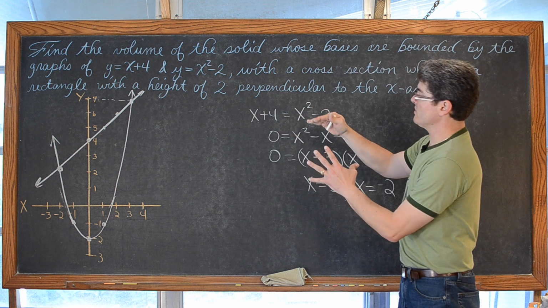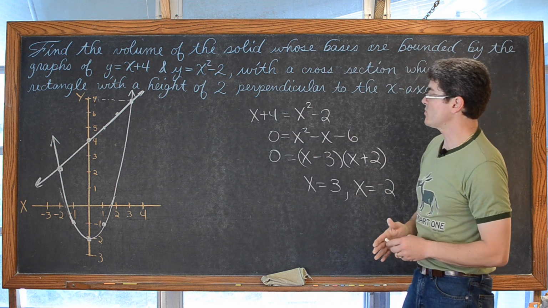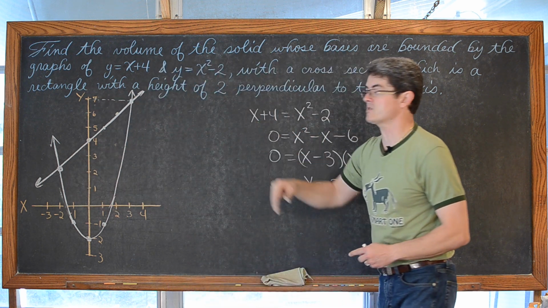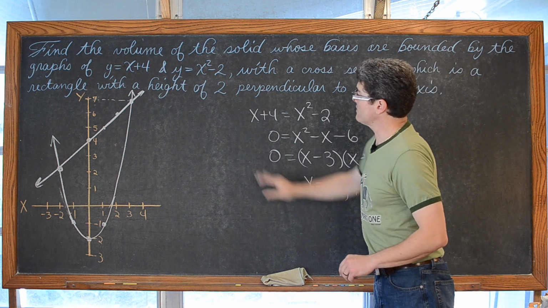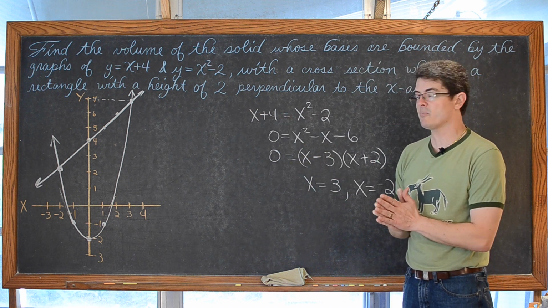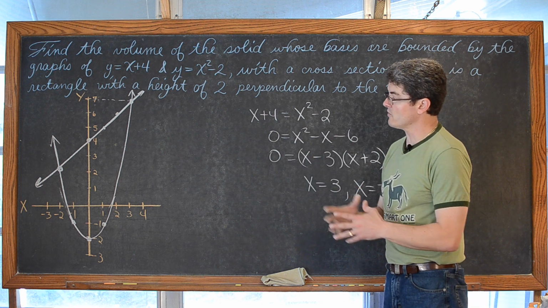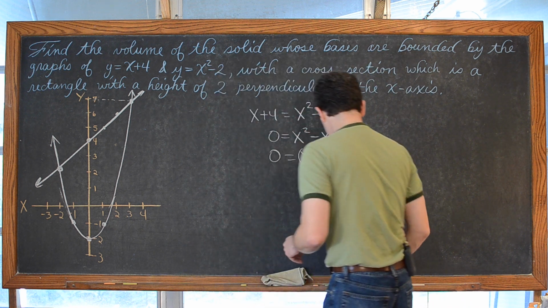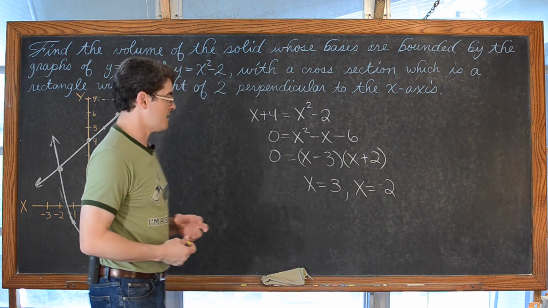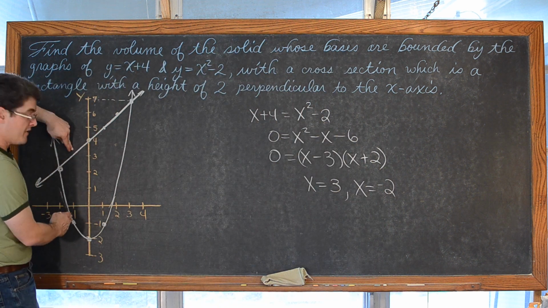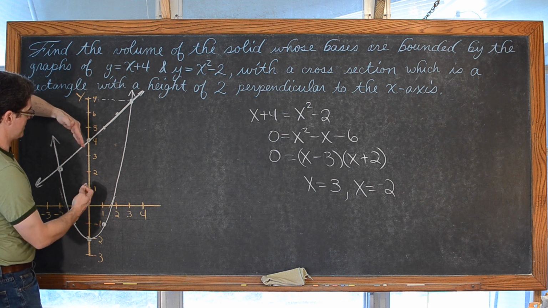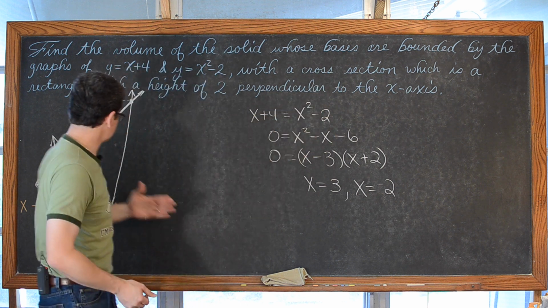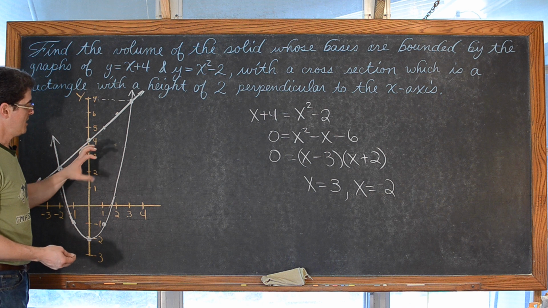Now, that is the boundary of one of the bases, but as we take cross-sections perpendicular to the x-axis, it says we have cross-sections which are rectangles, and the height of those rectangles is equal to 2. Here's where the drawing part gets a little bit tough. I'm going to need to create some kind of three-dimensional object off of my drawing so far, and it needs to look like it has a height of 2. These two functions are going to determine how long the rectangles are. It's almost like if I took a piece of styrofoam and cut it in the shape of a parabola and a line that was 2 inches tall.